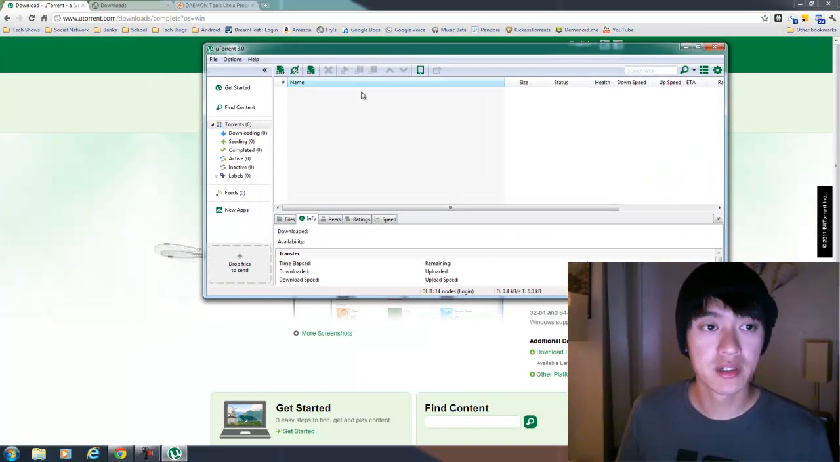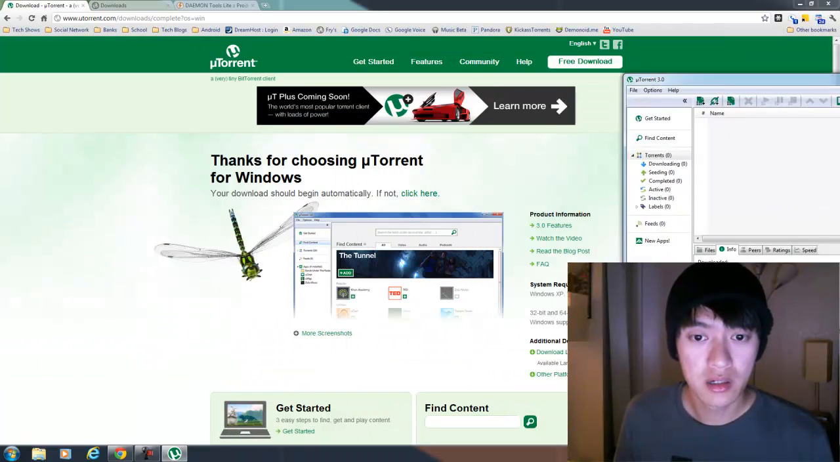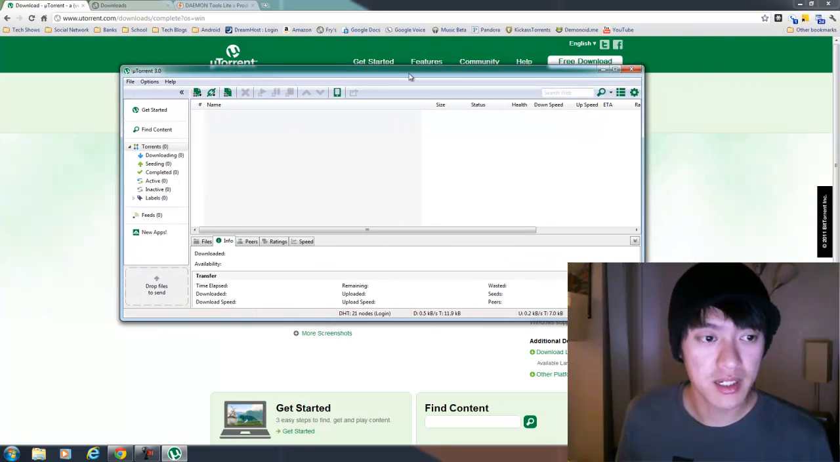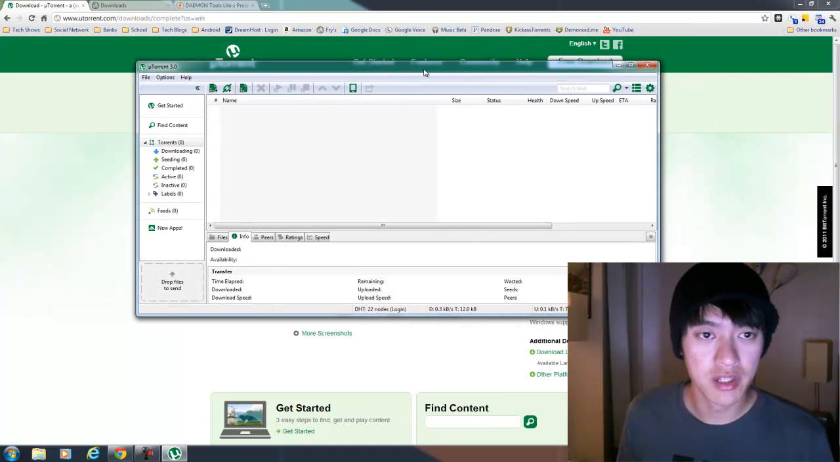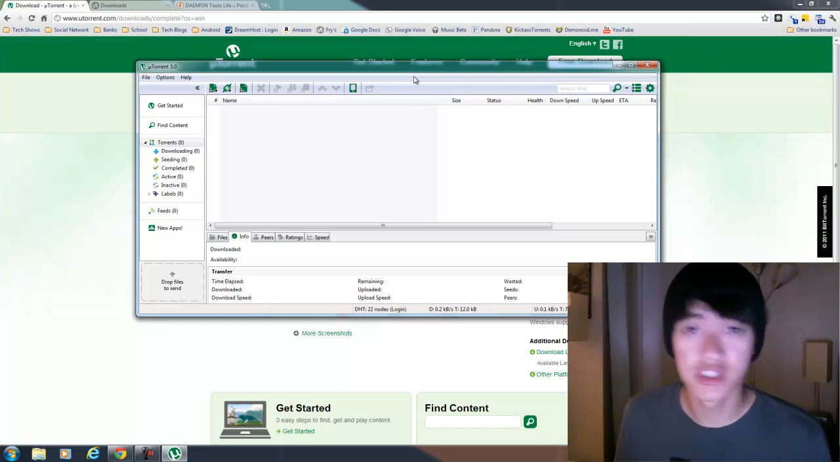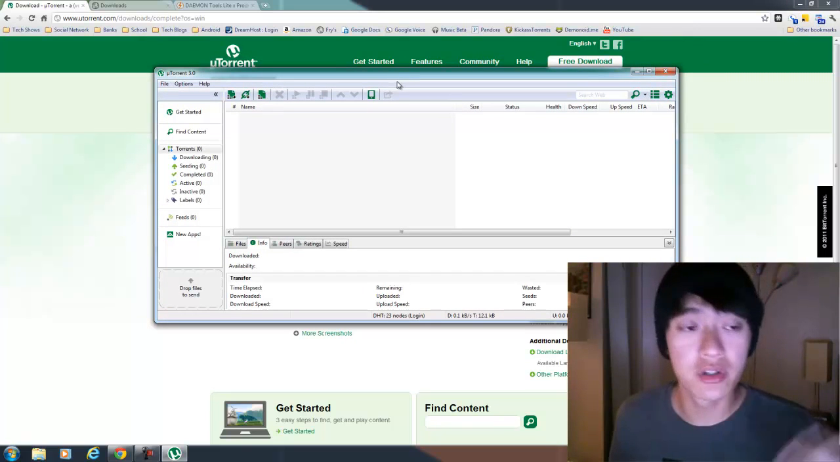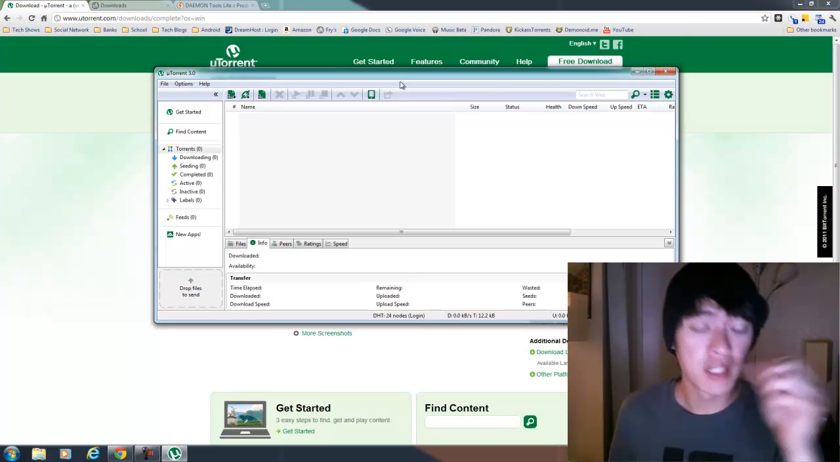Alright, so here it is. It doesn't seem to install. I guess it just runs standalone, doesn't require installation, which is weird. I don't know how that works. Anyways, if it installs on your computer, great, let it install on your computer. I think probably because I already have it. So anyways,